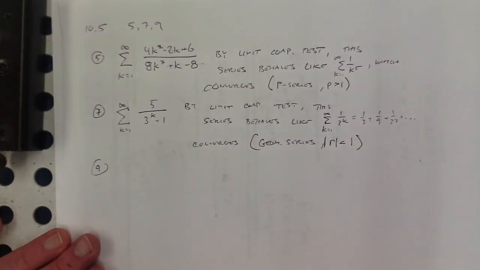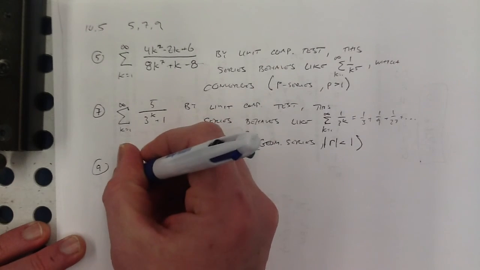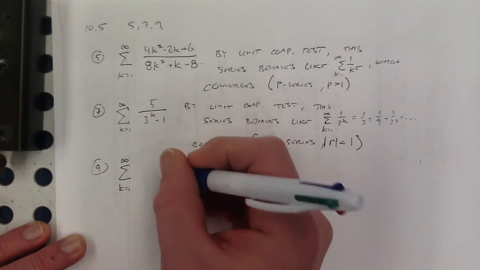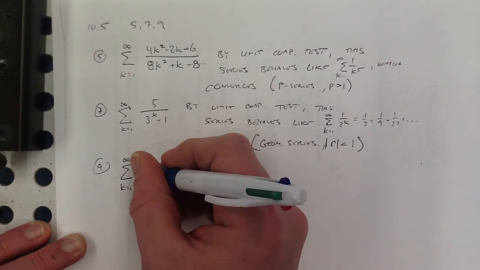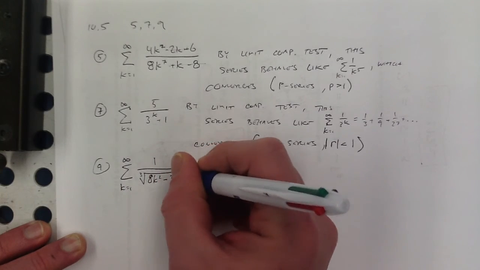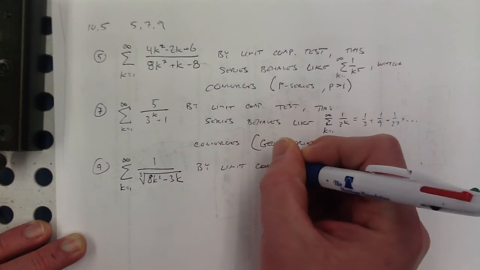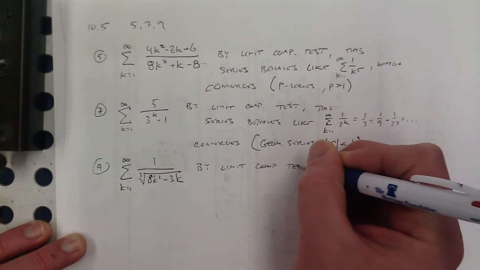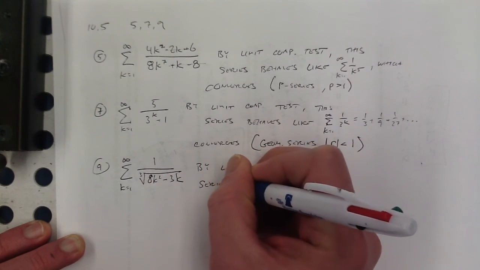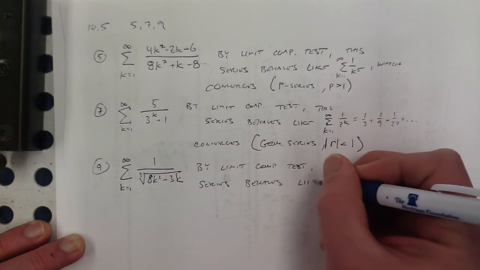And then, number 9. Back to a p-series comparison here. K equals 1 to infinity. All that matters is the highest power top and bottom. So by the limit comparison test, this series behaves like,